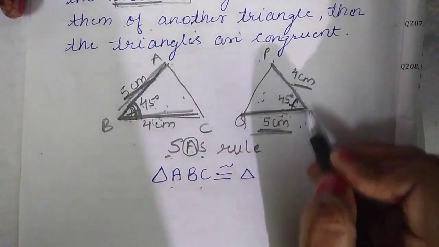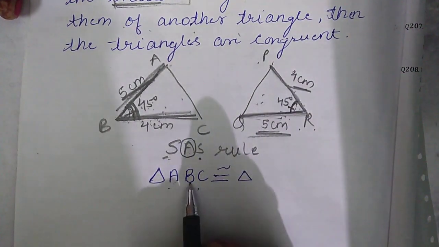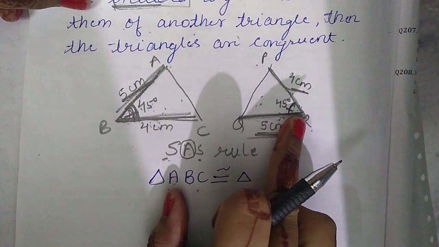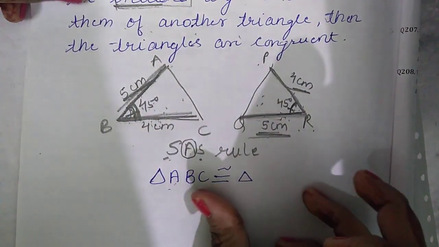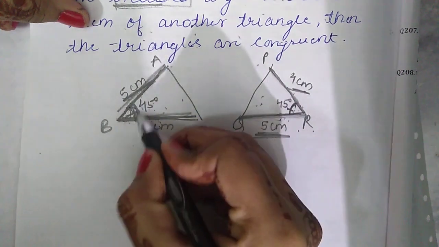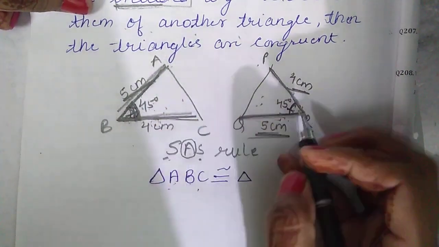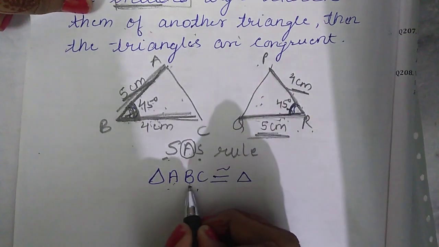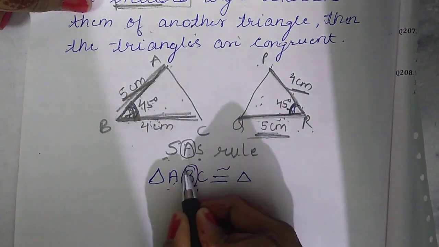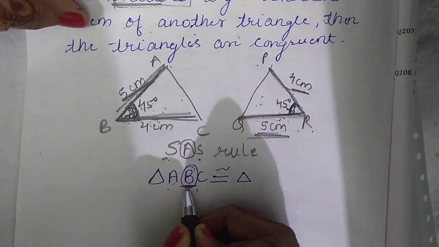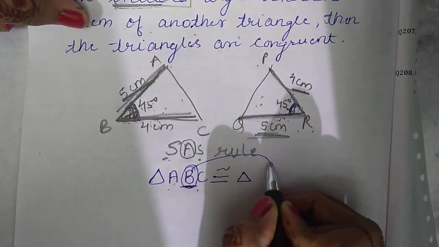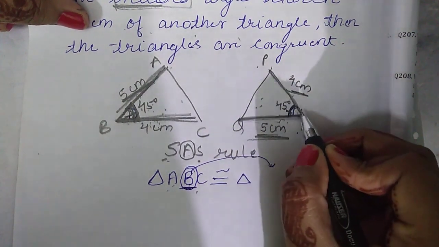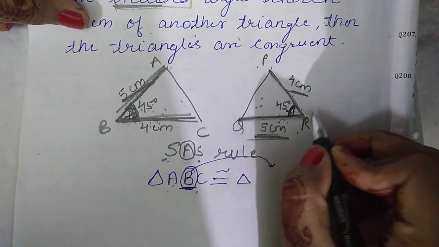Now I write the name of triangle PQR according to symbolic form. Now whenever the angle is given, here one angle is equal, so I will first fix the position of that angle. Here the angle is at vertex P, okay, and here the angle is at vertex R. So corresponding to the given angle, that is on vertex B, and this is on second position, so I will write on second position, corresponding to this angle, the equal angle of another triangle.